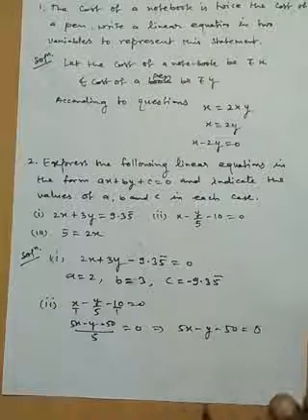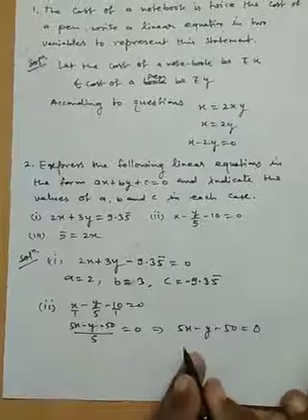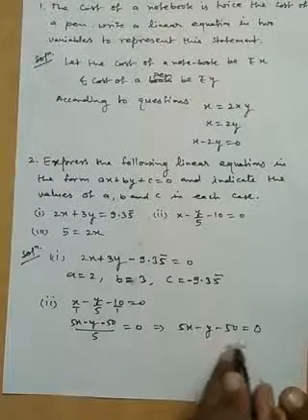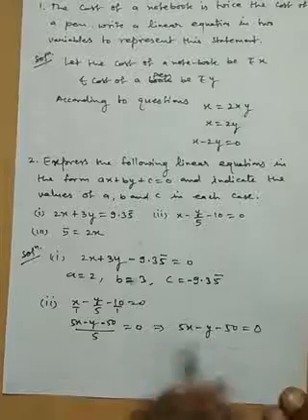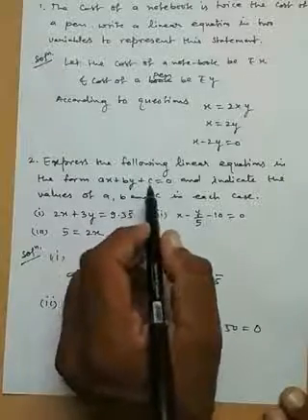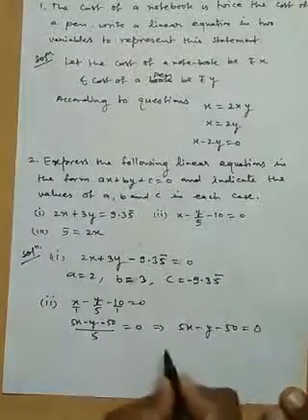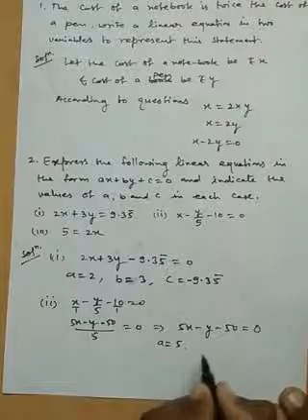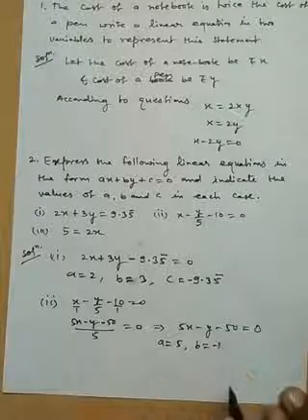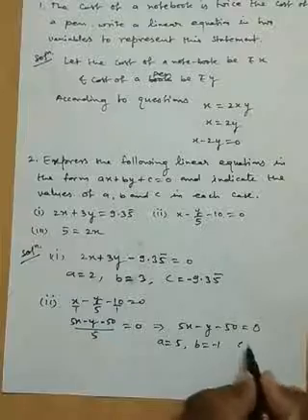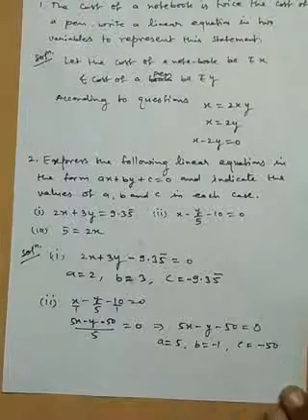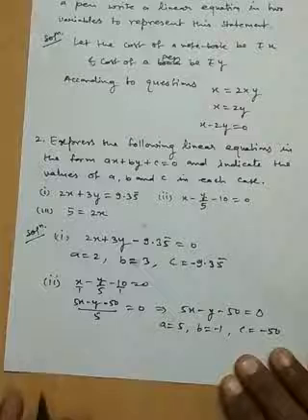This equation, 5x minus y minus 50 equal to 0, is in the form of ax plus by plus c equal to 0. Here the value of a equal to 5, b equal to minus 1 and c equal to minus 50. Next question is